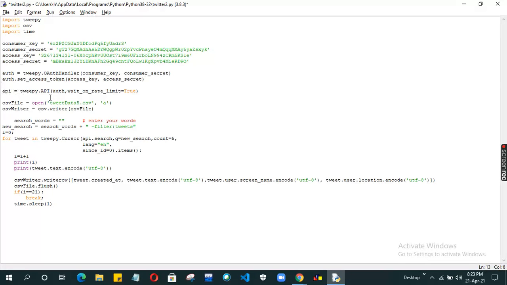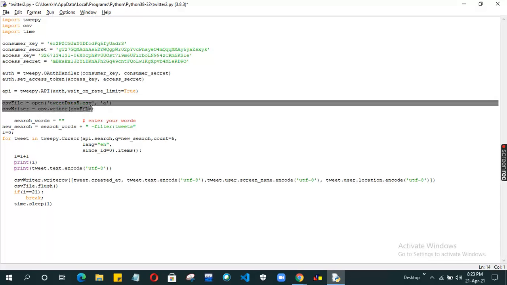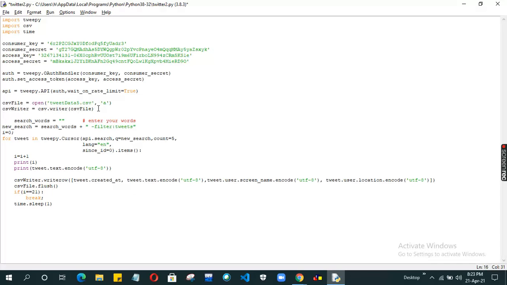API is the object. Using this object, we call functions to hit the API and fetch some data. These two lines of CSV open a CSV file in append mode to write some data.